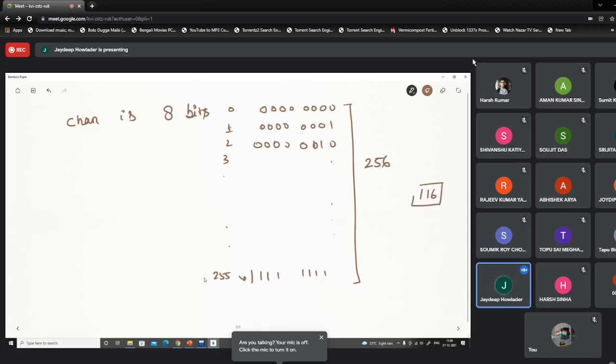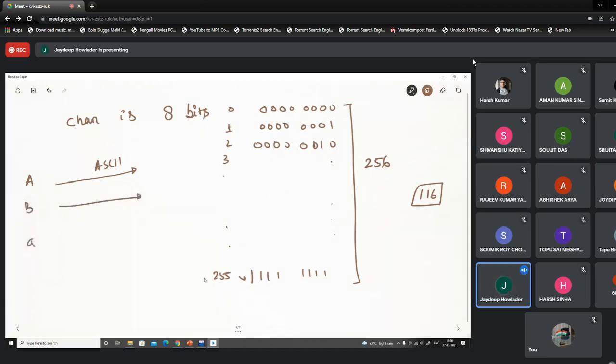So there is a standard coding mechanism. Every symbol is encoded with an ASCII code. Say I have capital A, it has a corresponding code. Capital B has a corresponding code. Small a has a code. Small b has a code. Similarly 0, 1, 2, 9, all have a fixed code, and this code is called ASCII.